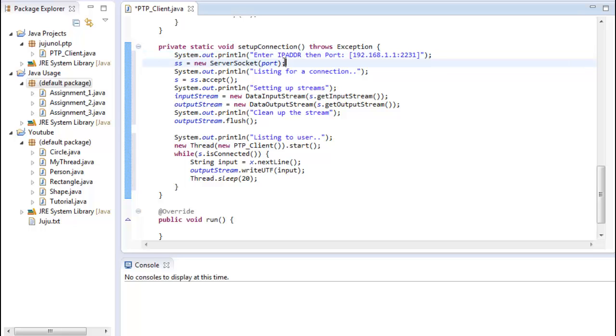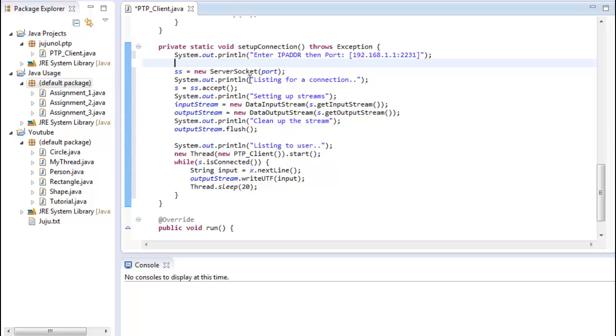Okay, and then what we're going to do is we're going to change this to socket equals, or actually we're going to